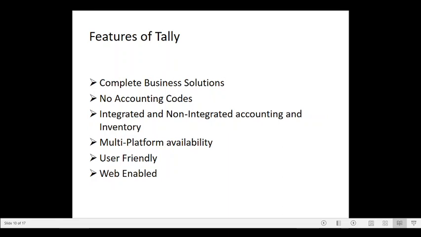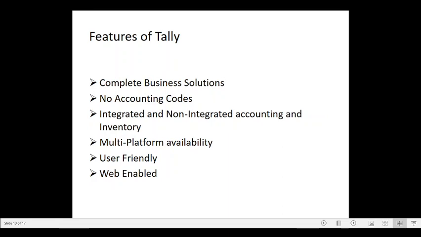And this is a software the writing of which does not require accounting codes. So it's an integrated and non-integrated accounting software along with the inventory. It also performs the simultaneous task of maintaining accounts as well as inventory. Therefore, it has multi-platform availability.